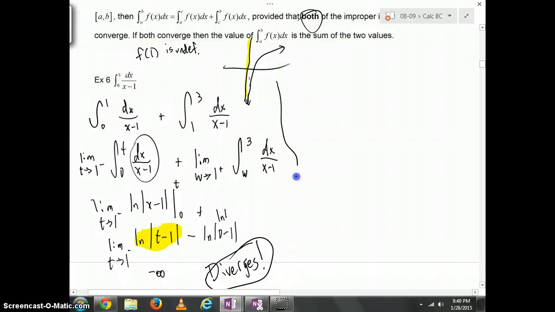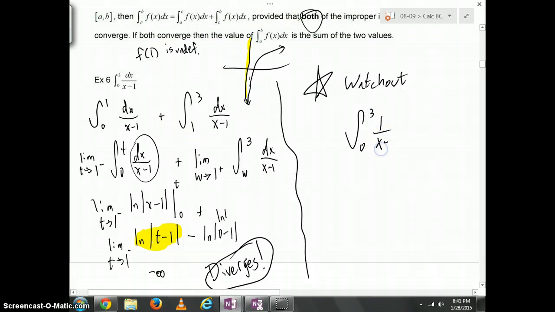There is a very, very big danger. Sometimes people forget that there is a discontinuity. I'm going to say watch out. So very often kids might quickly look at a problem like this and say, what's so difficult? I'm just going to use the fundamental theorem. Here's natural log of absolute value of x minus 1. Plug in a 3, we get natural log of 3 minus 1, minus the natural log of 0 minus